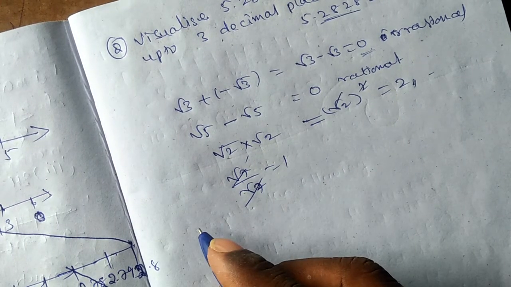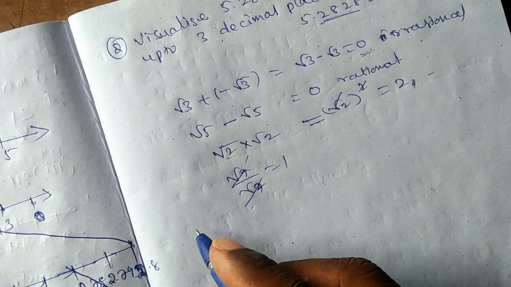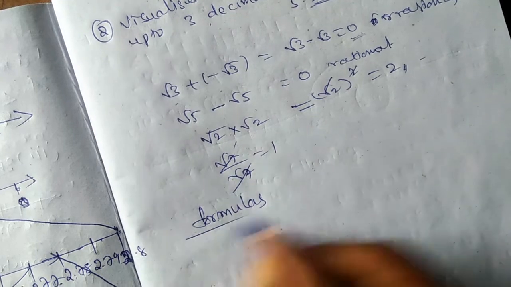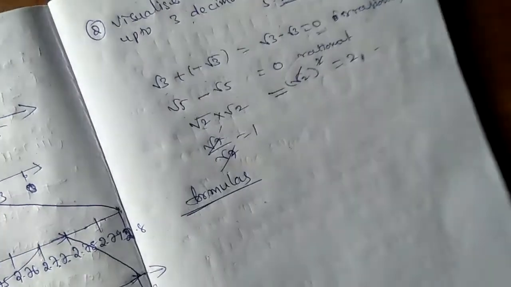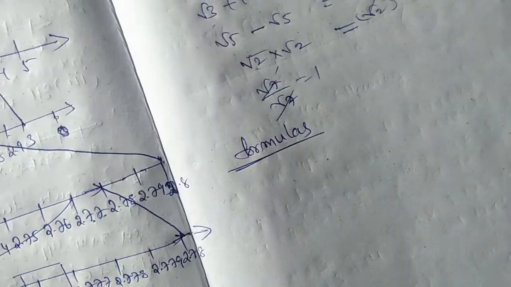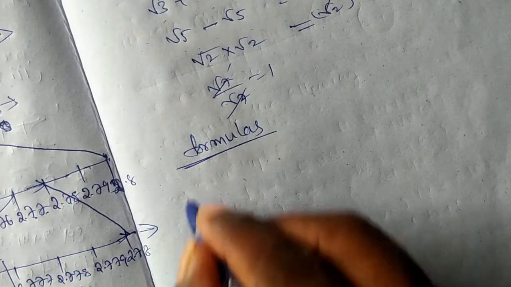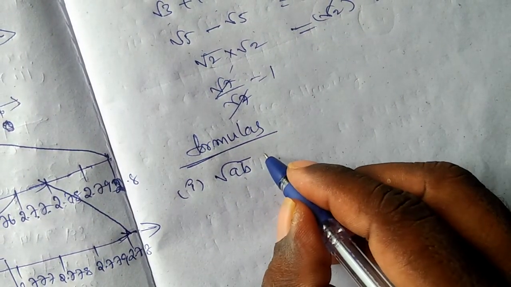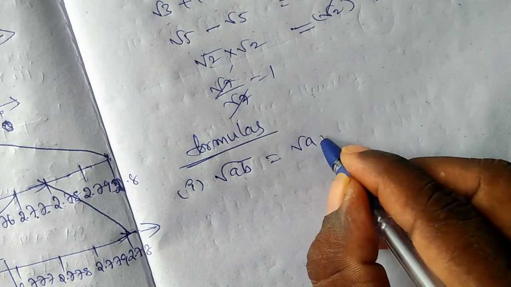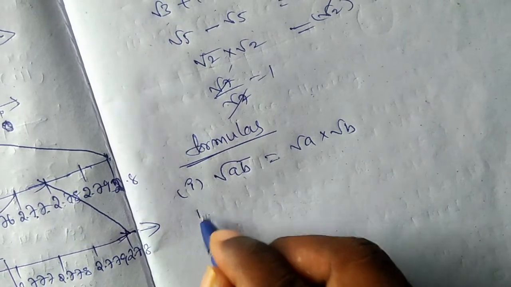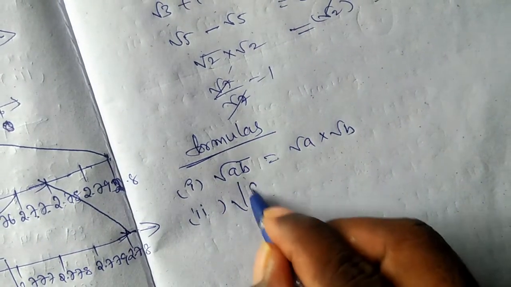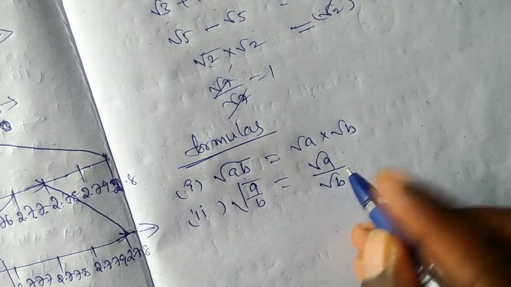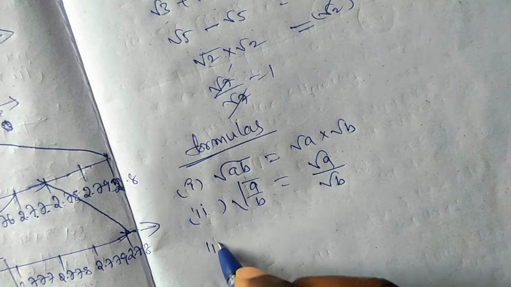Then I am going to tell you some formulas. You have to note them down. So formulas. First formula: root of ab is equal to root a into root b. Second formula: root of a by b is equal to root a by root b. Third formula: